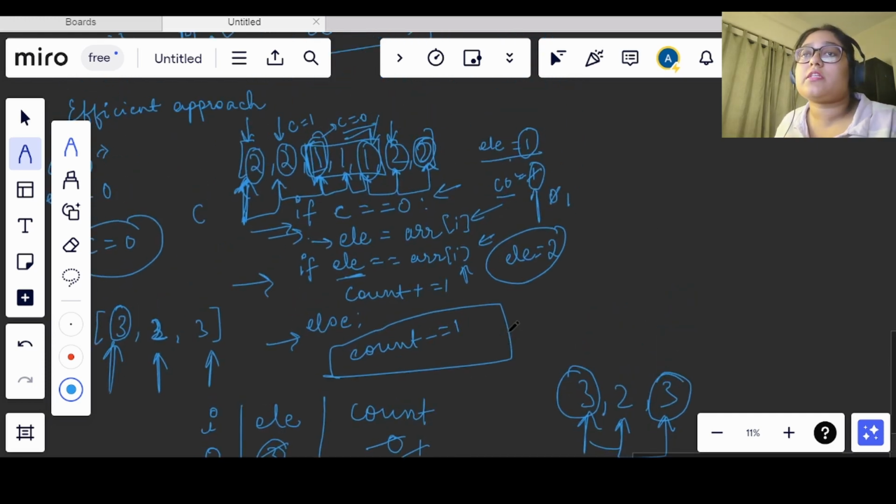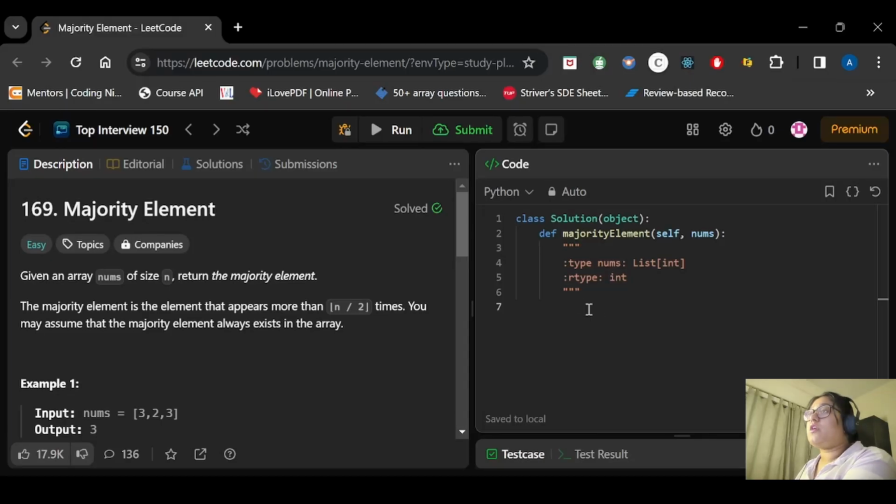I hope this is clear to all, okay. In case you have doubt with this dry run, please once try it in your notebook, and if then also it is not clear, please mention in the comments, so I will try to clarify it more. Now let's move on to the code, and we will solve this question there. So let's see the code now, okay.